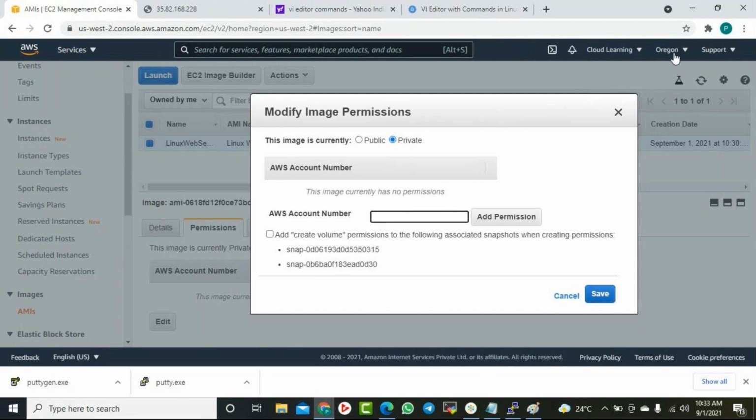Now, how can I copy it, if I want to open another instance in, say, Mumbai? Then there is another option, but let's first clarify this. So now you understood: if you want to see this, I can give permission to your account, so that you can work practically.